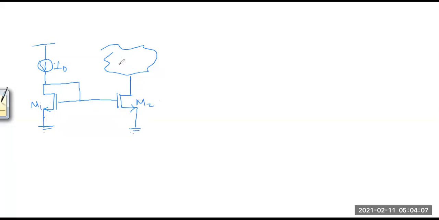So this is any circuit, connected to either an amplifier or any biasing circuit. So any type of circuit is connected to that. Whatever current we are flowing here, that is I0, the ideal current source, we want that same current to flow in this path, in that circuit. So our biasing will be perfect.